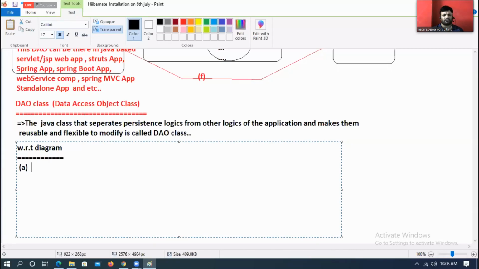So the DAO class uses the Hibernate API and activates the Hibernate framework. The activated Hibernate framework, okay, internally